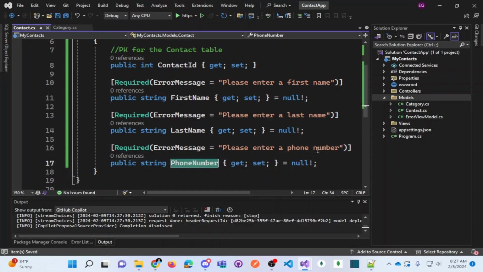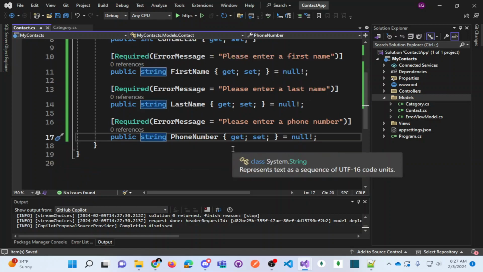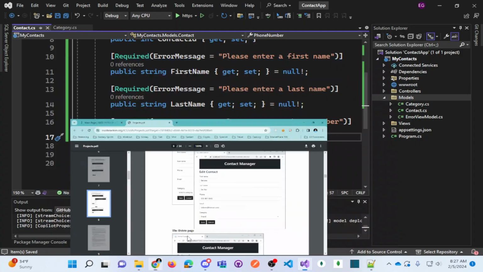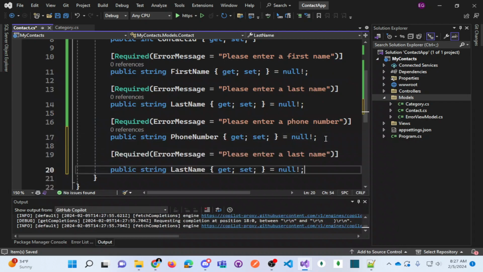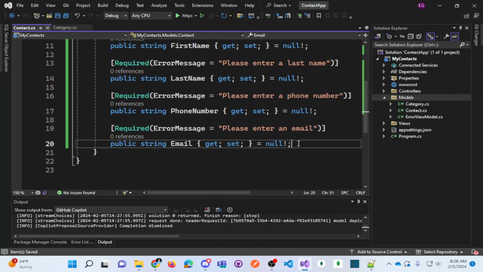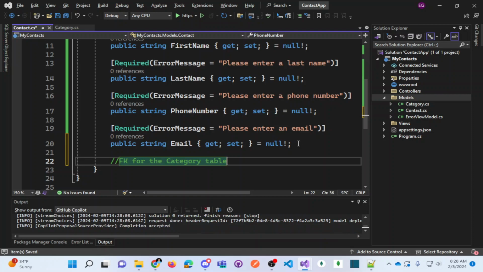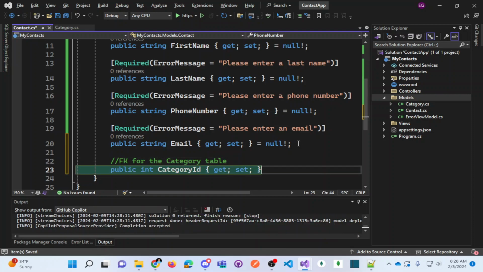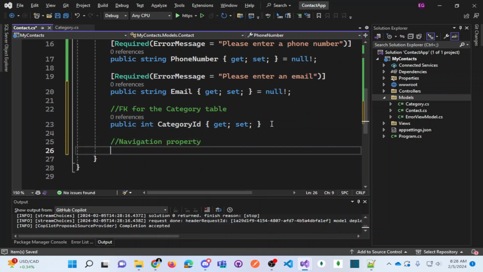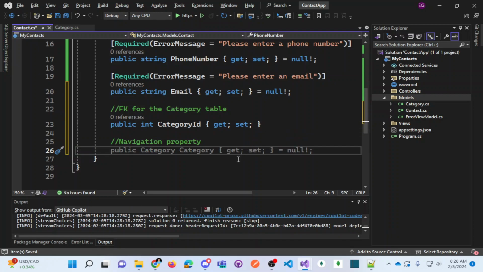And strings are nullable types by default, so you don't have to add the question mark to the data type. And what else was there? Email and a category ID. So one more for email. Please enter an email. And category ID. Now, foreign key for the category ID, and there's also a navigation property that brings in a type